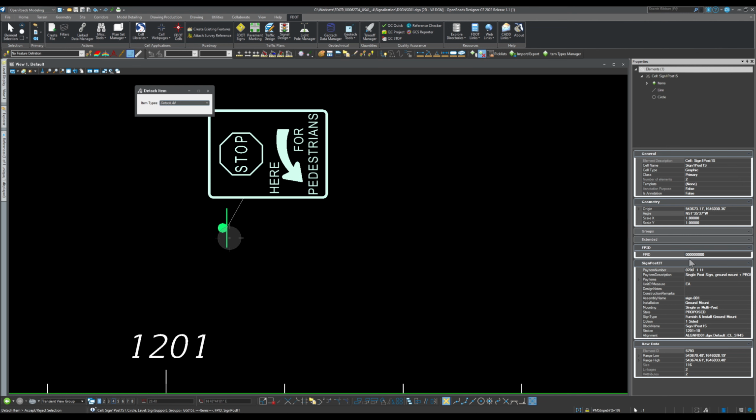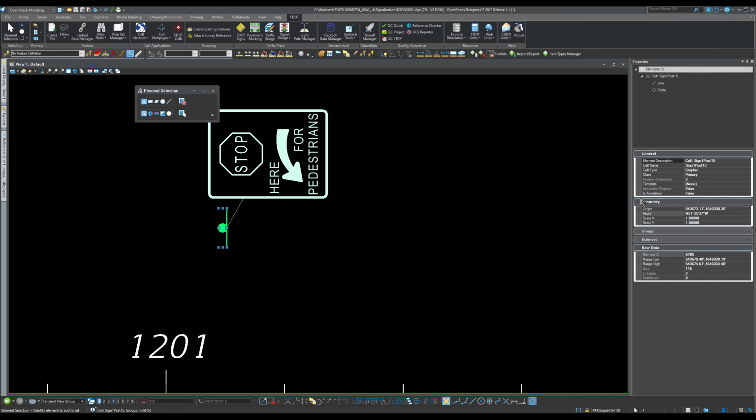So I'm going to detach. Well, before I do that, I want to copy the number so I don't miss it. Okay, so detach all. Let's take everything from this cell. As you see now, the cell is empty. See that? It doesn't have anything. So you can have multiples